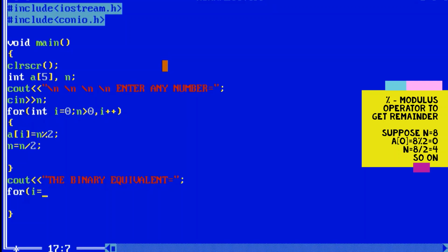This time the i value will be in reverse order, that is i = i - 1; i >= 0; i--.